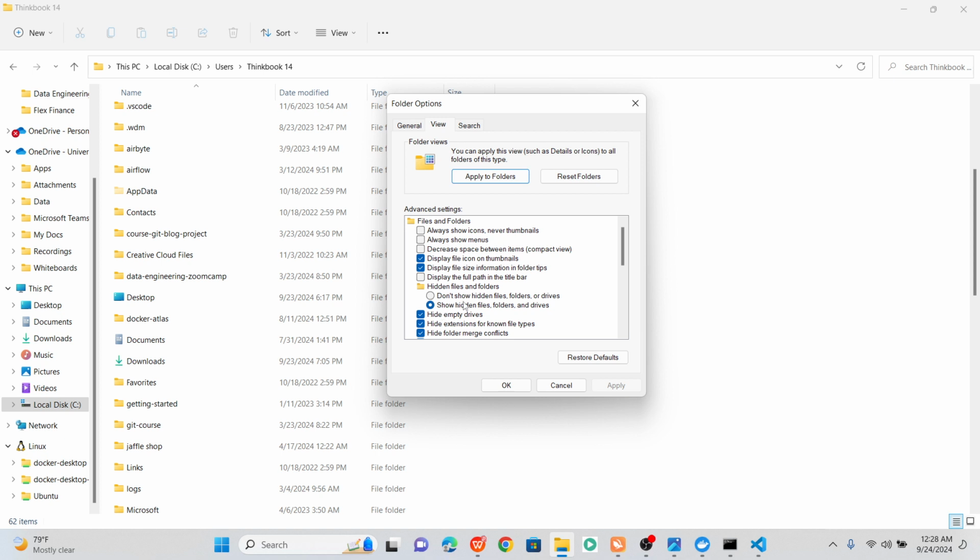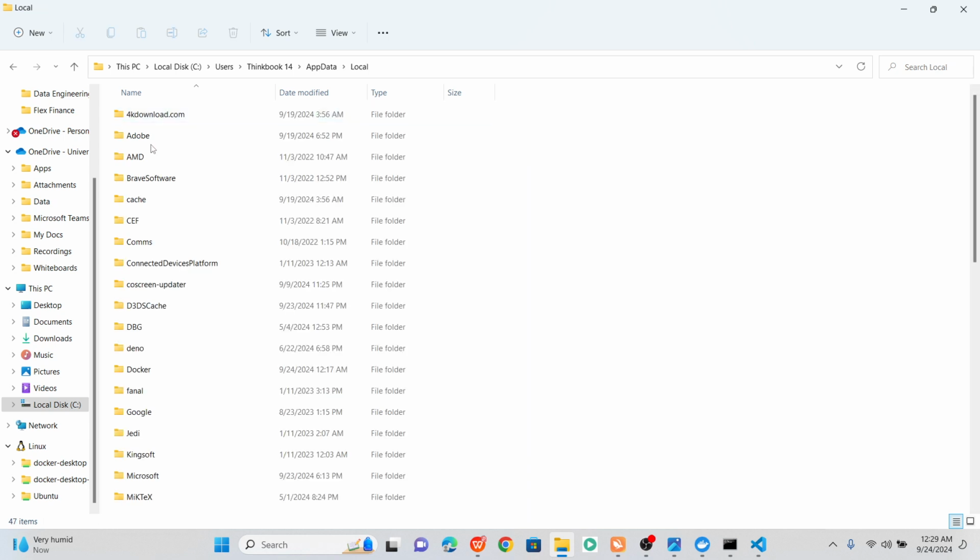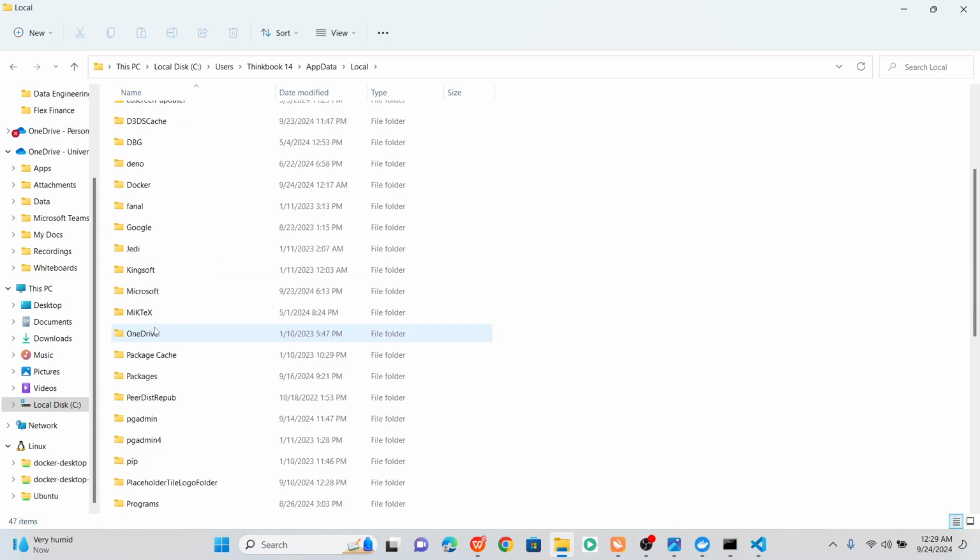So this has to be checked. This is Windows 11. If you're not using Windows 11, ideally around these settings you are able to see the option to show hidden files, right? So that's about that. We go to AppData, go to Local, then just look for